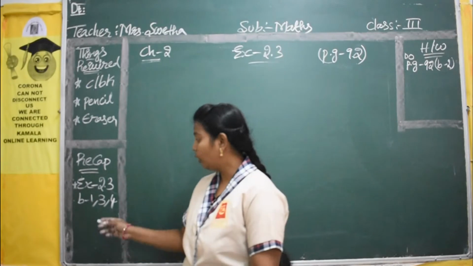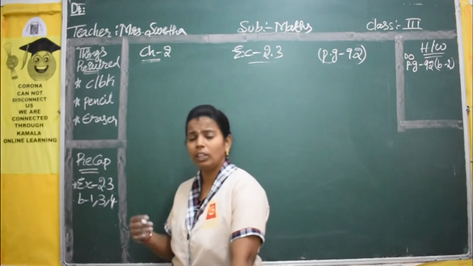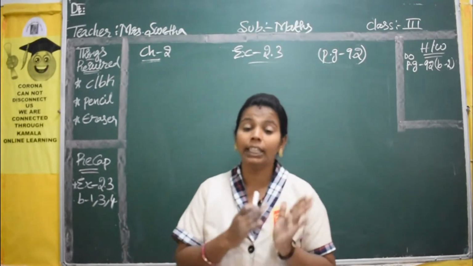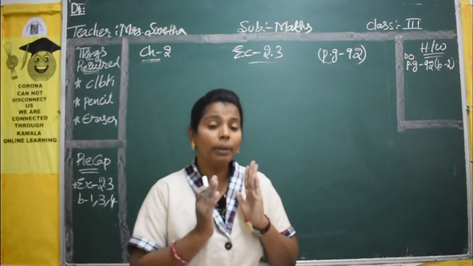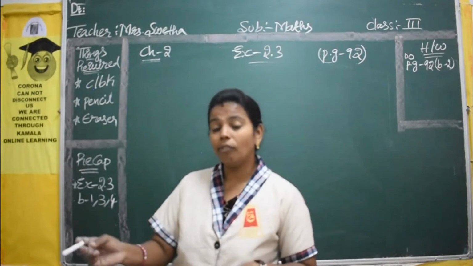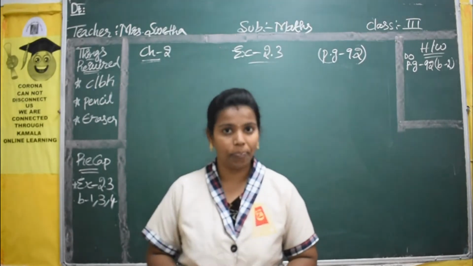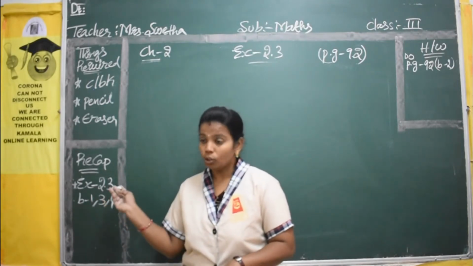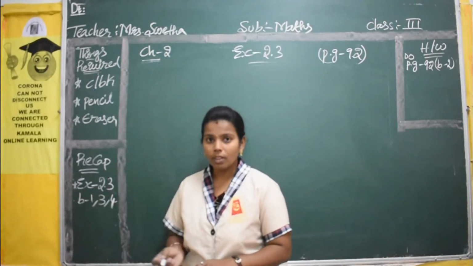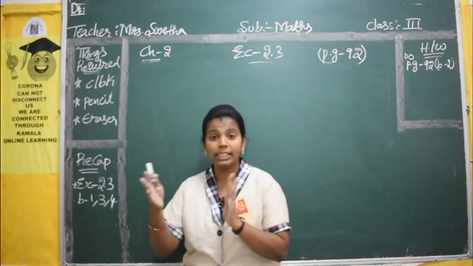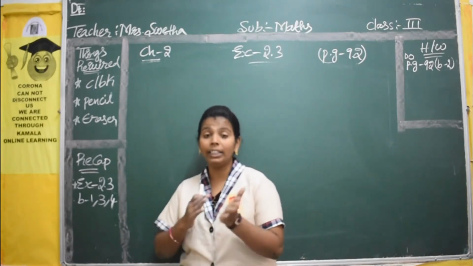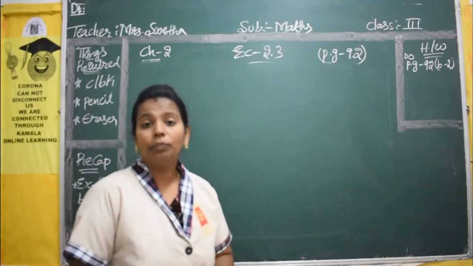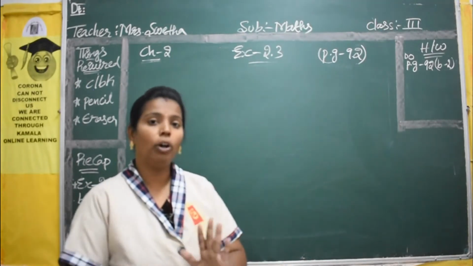Okay children. The fourth bit we also did in the same way. There also we did the circling. There also we did the checking of counting and individual number checking, and there we circled the smallest number. So in the fourth bit we did the circling of the smallest number. These three bits, identifying the greatest and smallest and marking, differ only in how they are marked, but the common thing is identifying the greatest and the smallest numbers.